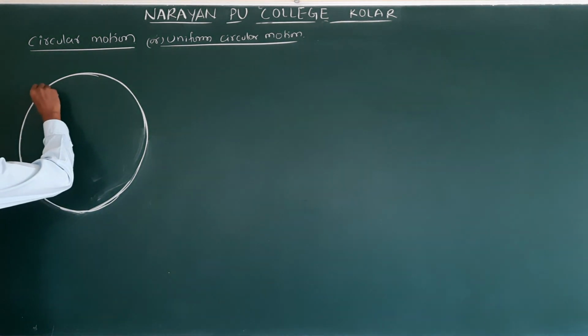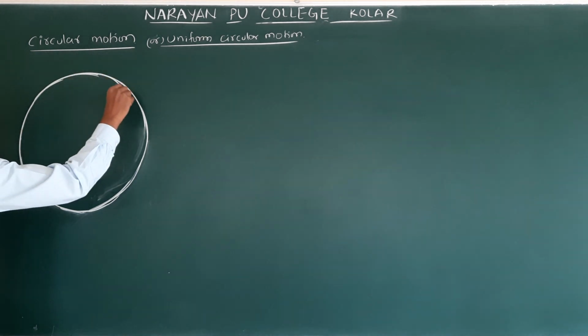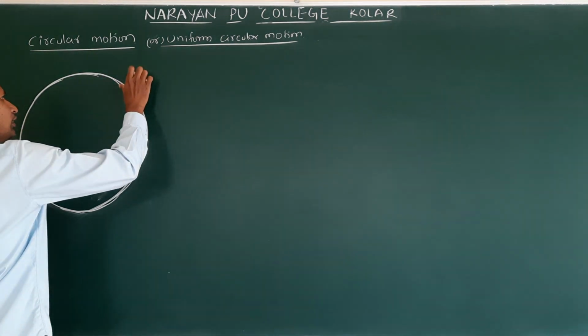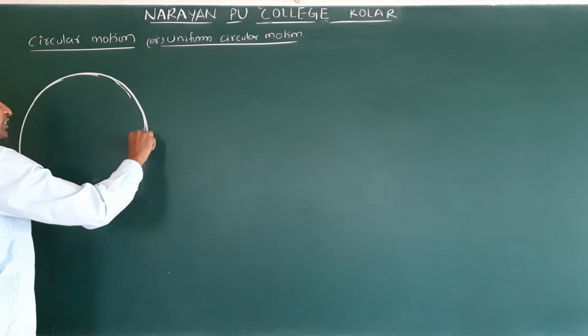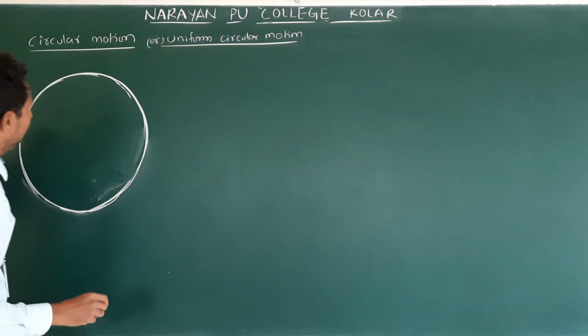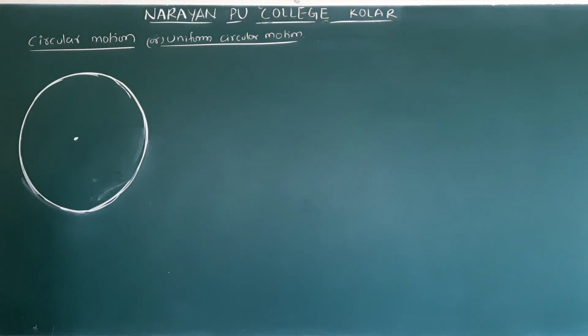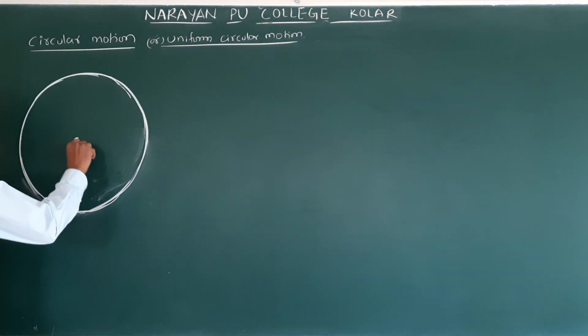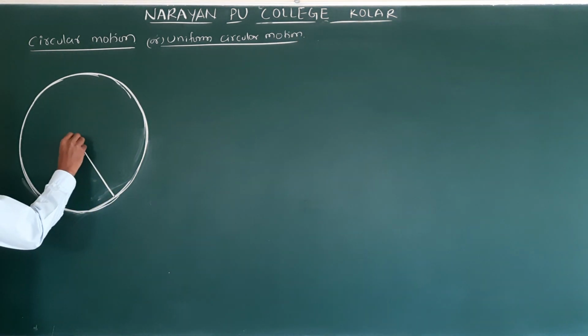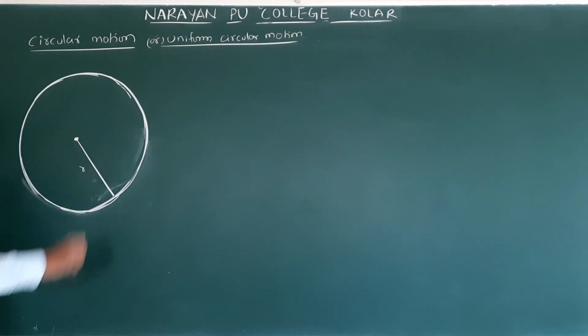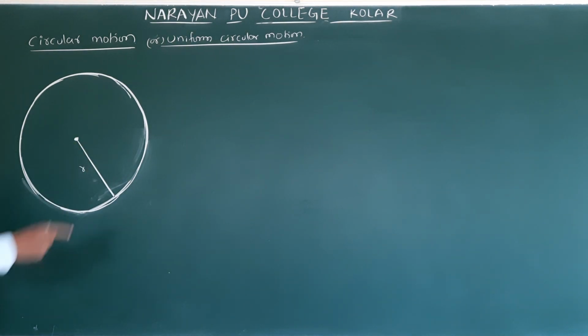Constant speed. Why do we mention constant speed? Reason: the magnitude does not change, but the direction changes. Let us say this is the center. Clear? The radius of the circular path, this is r. Now it keeps on moving clockwise or anti-clockwise, that depends on our wish. So in this case it is moving like this.